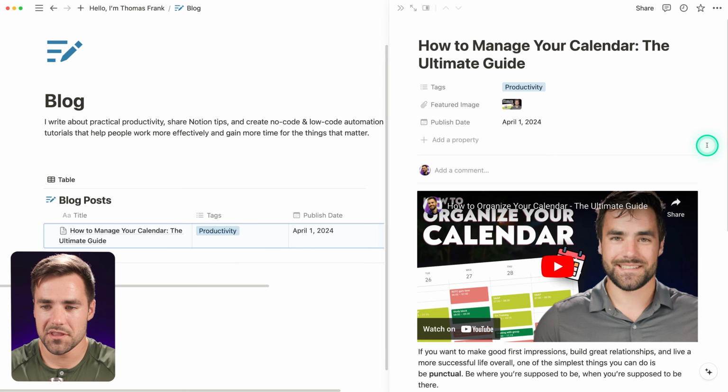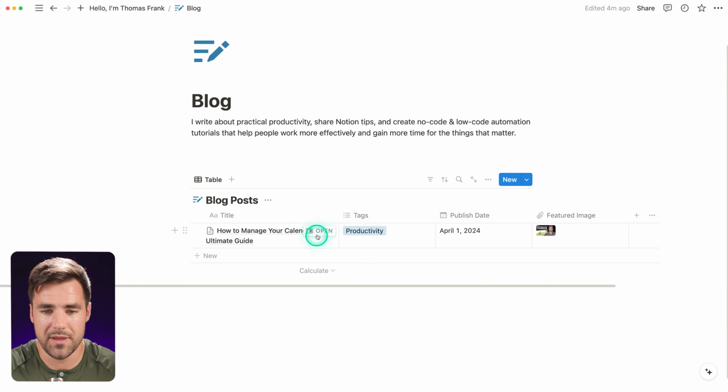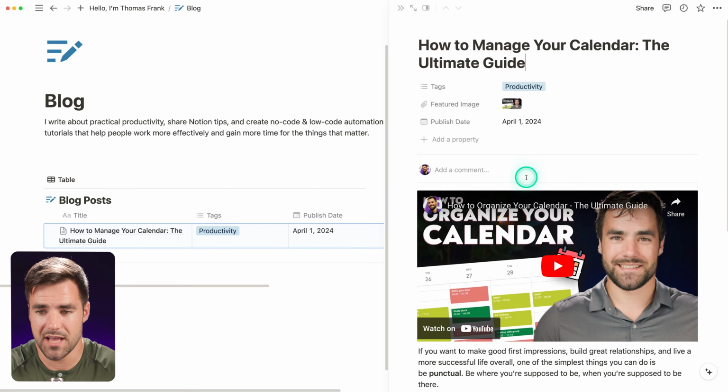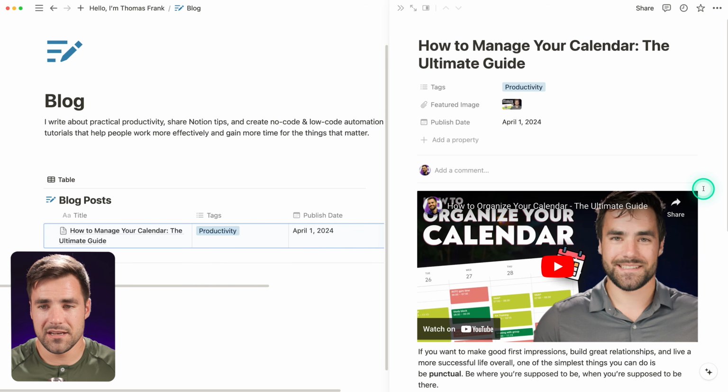And then one thing that I want to do is make sure that all of my views of the blog actually open my links as a full page. Now this works great in Notion. And if you want people to have a Notion-like experience in the browser, you can leave your databases on side peek, where when you open pages in the database, they're going to open as a little side pane like this. That can be fine if you want it to sort of feel like an app, but I want this to